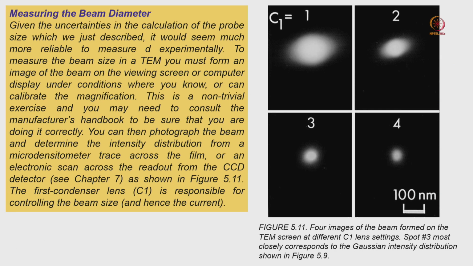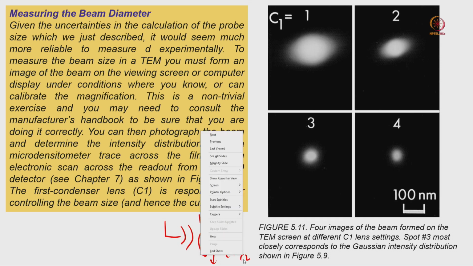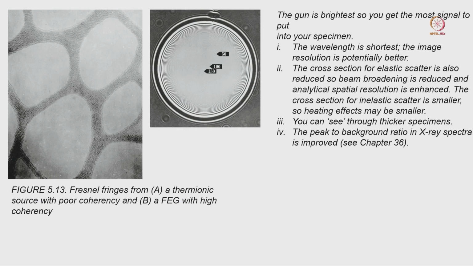Now, measuring the beam diameter is also an important part. As I mentioned previously, when we have a filament, the electrons will come and merge in one particular point, and whether you have a bias or not doesn't matter. If you just consider that, you will get a bright spot. From this one, the entire electron beam is coming and going through the rest of your column. It may be the C1, then the C2, and so on, and then it will give you an image, right?